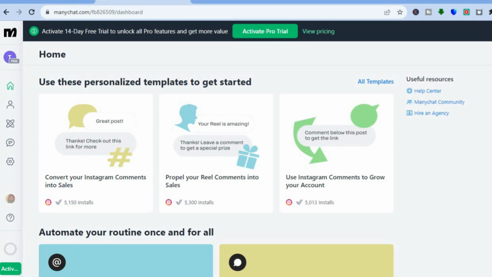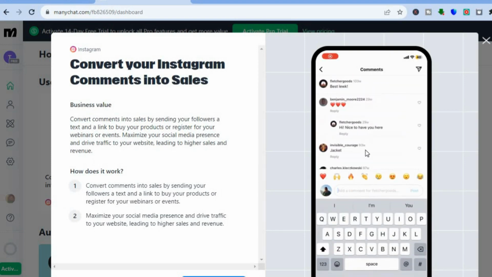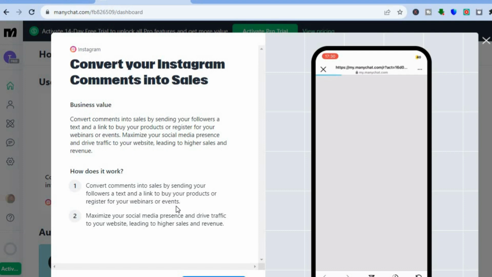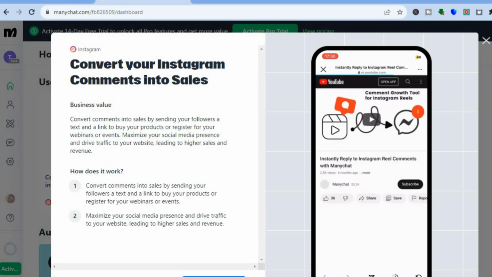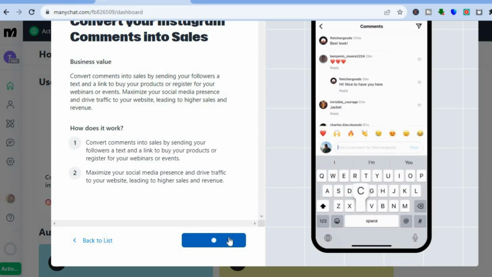section on Instagram. So for example, let's say I would like to convert my Instagram comments into sales. I could tap on that template, and you can see a preview of it right here. How does it work? It will convert comments into sales by sending your followers a text and a link to buy your products or register to your webinars or events. So all you will need to do is scroll down, tap on Set Up Template,